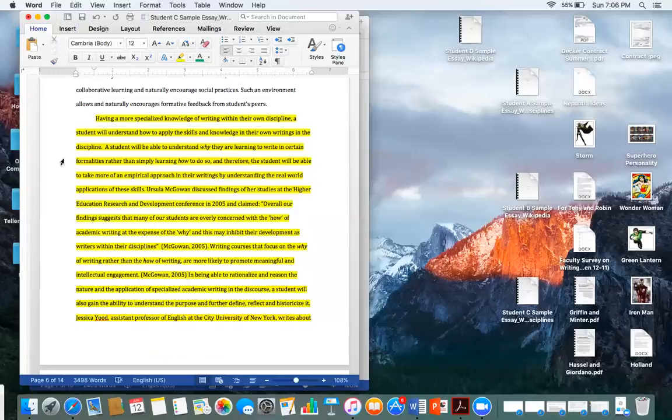Ursula McGowan discussed findings of her studies at the Higher Education Research and Development Conference in 2005 and claimed, quote, "Overall, our findings suggest that many of our students are overly concerned with the how of academic writing at the expense of the why, and this may inhibit their development as writers within their disciplines. Writing courses that focus on the why of writing rather than the how of writing are more likely to promote